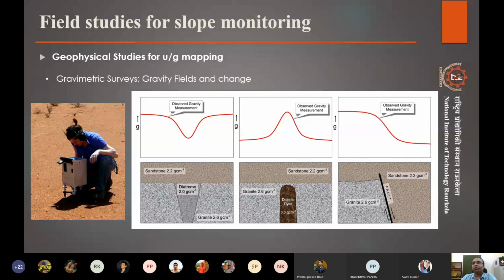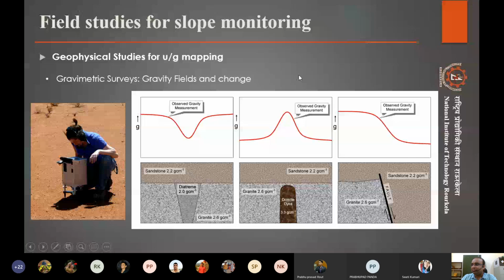If you have knowledge of the local ground surface, suppose there is an abundance of sandstone and a particular acceleration due to gravity in the general region, and there is a certain notch, dip, or rise, there can be an indication of a vein kind of structure, or the presence of high or low density elements. So that is also a good analysis when we try to find out what kind of material we have inside.